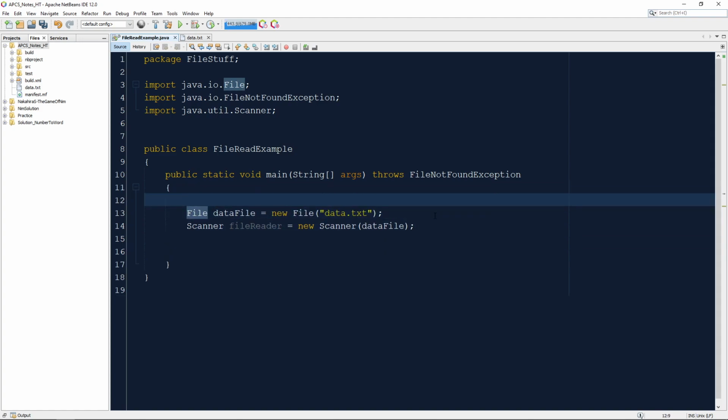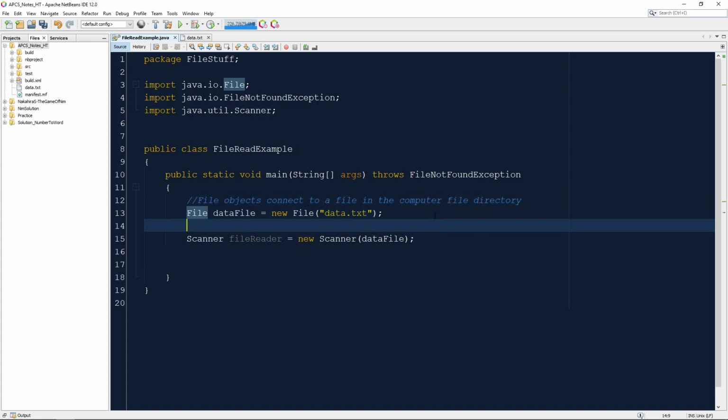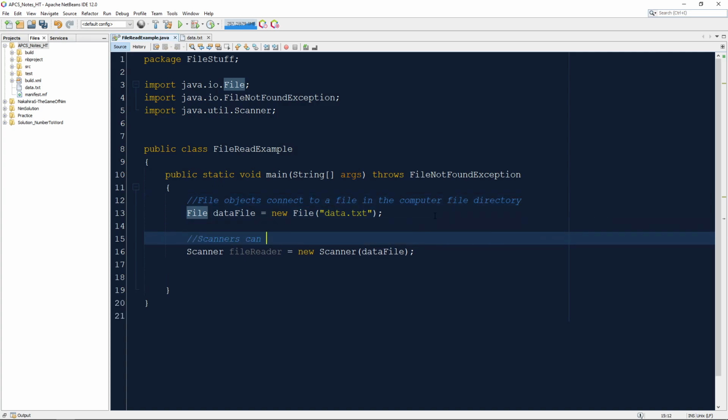All right, so we can say file objects connect to the file on the computer directory, whatever that happens to be. So I'm in Windows, it's in the Windows directory. If you're on a Mac or Linux, it's wherever your data is stored. So we'll also say scanners can read from files